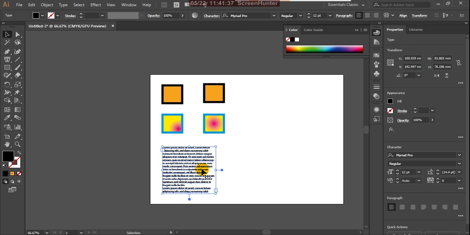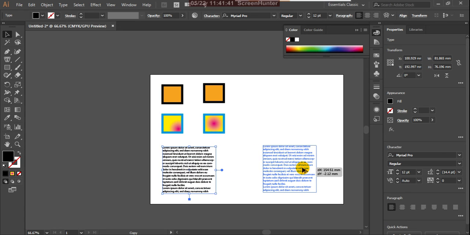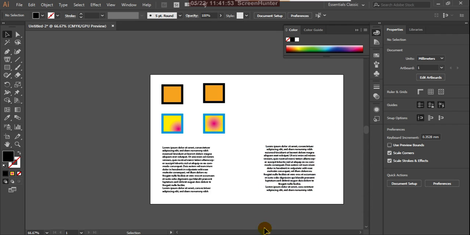So I'm taking a copy of this by pressing Alt and keeping it there. Now I'm changing this into center alignment. So this is the center alignment and this is left alignment.